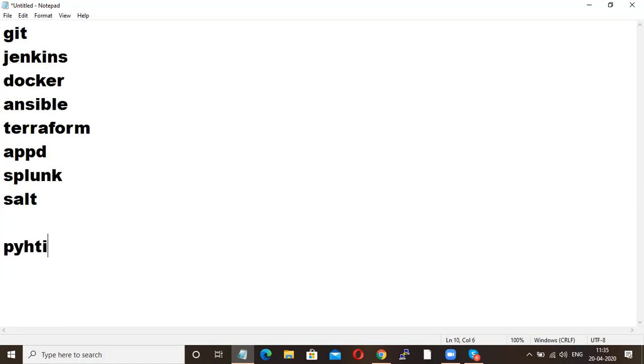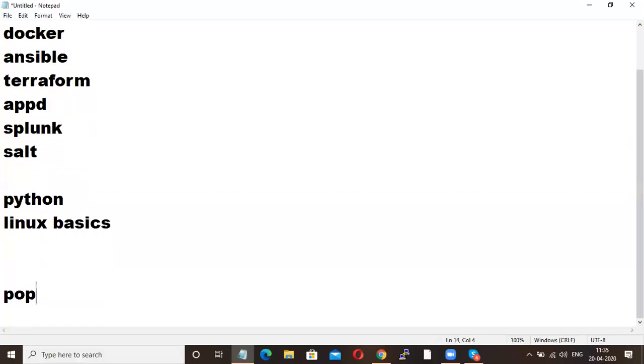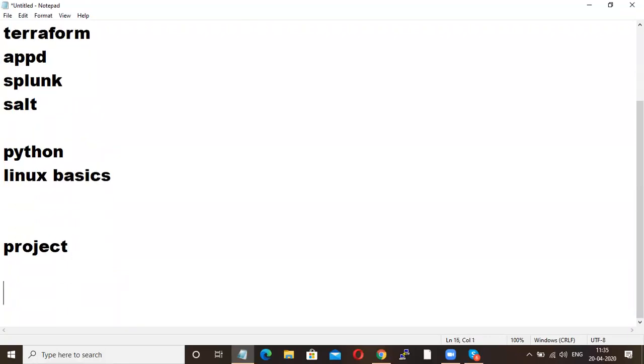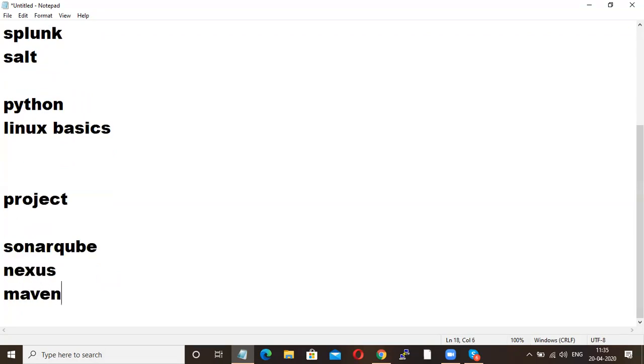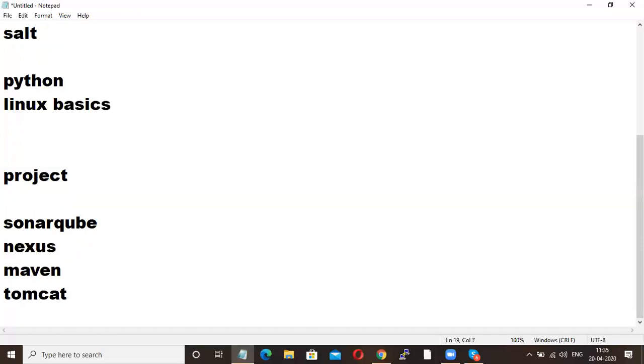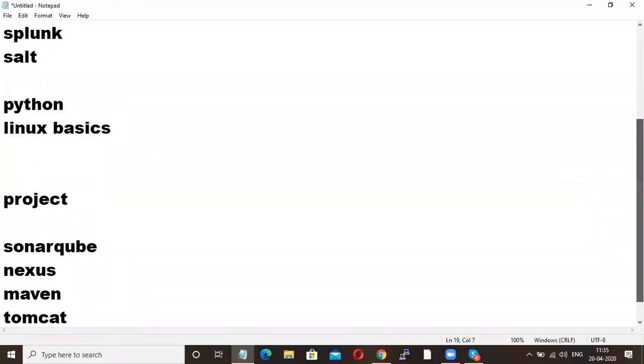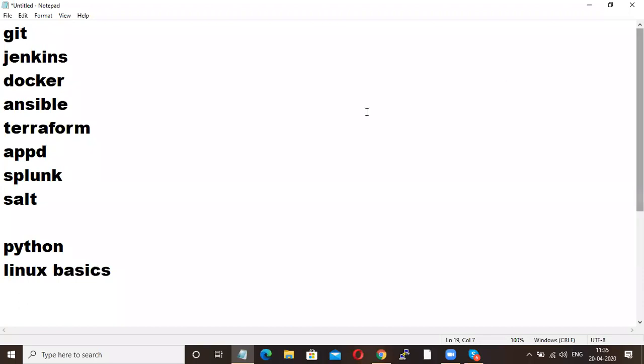Then you are adding Python, then Linux basics. And in the project, you will learn SonarQube, then Nexus, Maven, Tomcat. So these are all the tools you will learn here, right?